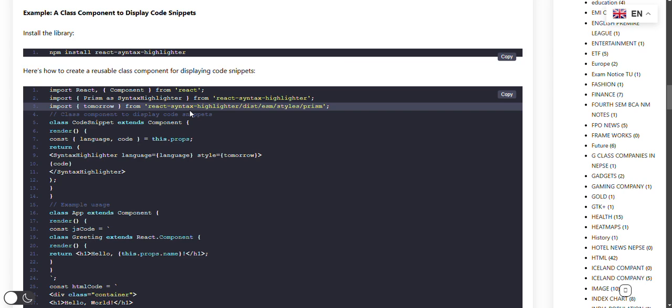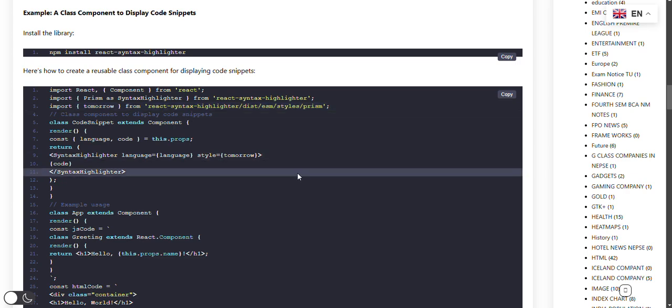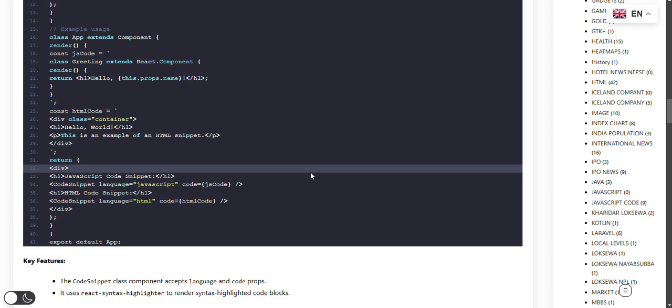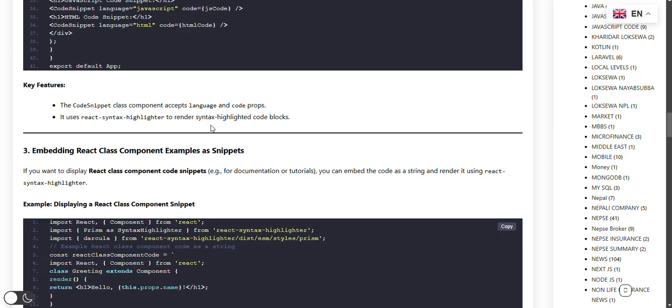These are the props. Okay, SyntaxHighlighter language, style, code. Class App extends Component, render, const JS code, class Greeting extends React Component, render, return hello. This prop name also, div class container, h1 hello world. This is an example of an HTML snippet div. Return JavaScript code snippet language JavaScript, okay, code JS code, HTML code snippet language HTML, code HTML. Export default App. Key feature: the CodeSnippet component accepts the language and the code